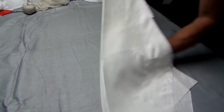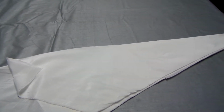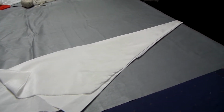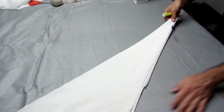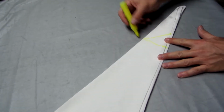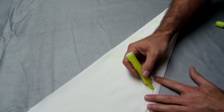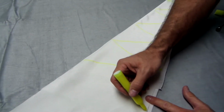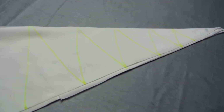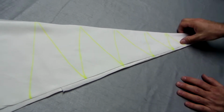So once we do what we do from here on out, there's multiple things, and I'm going to show you something specific. So alright, I have a yellow highlighter that's water-based, and we are going to mark it up. This particular fold I came up with because there's another fold that I like to use that I was asked not to show people, so I came up with something different. Alright. Basically, we're going to take this yellow and use it as a guide, and we are going to,